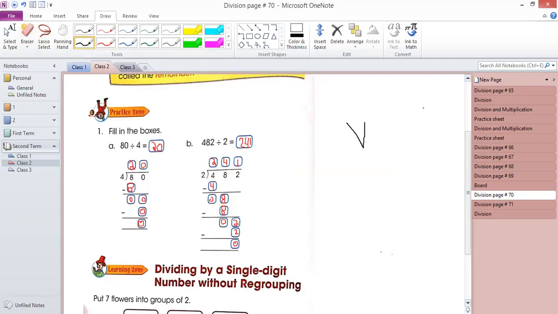So you have to divide 80 by 4. I am solving here, guys, on the board, but you have to write the answers here in the boxes. These boxes are for you to fill. So I will teach you here, then you will fill the boxes. This is 4 by 80.